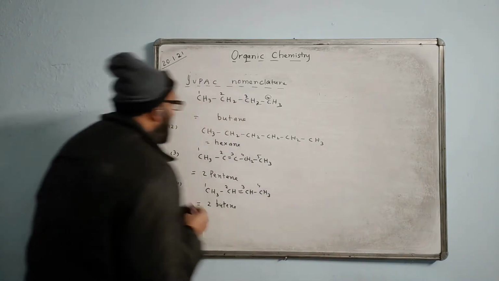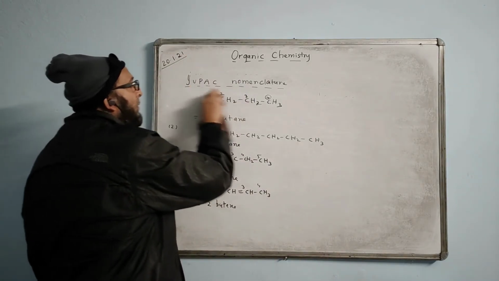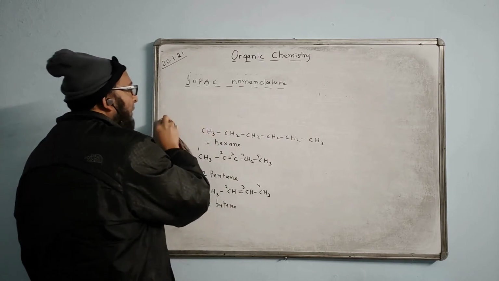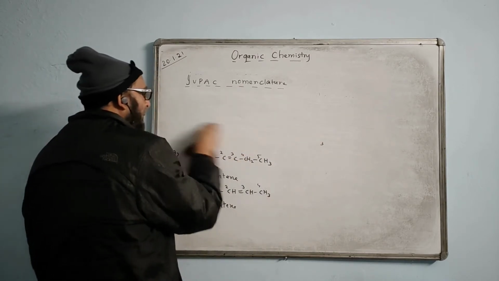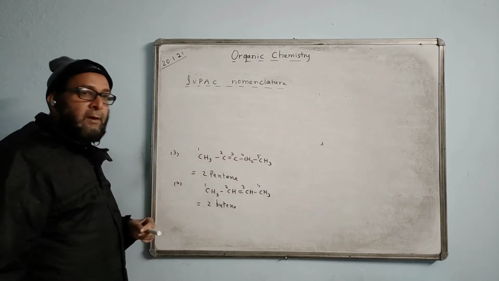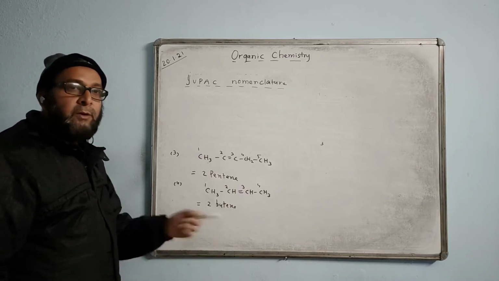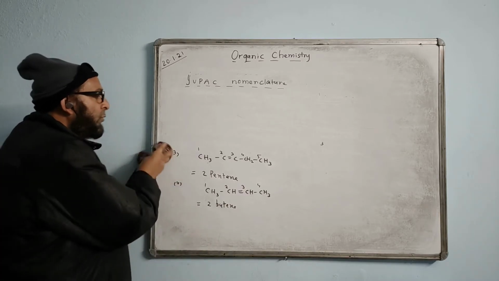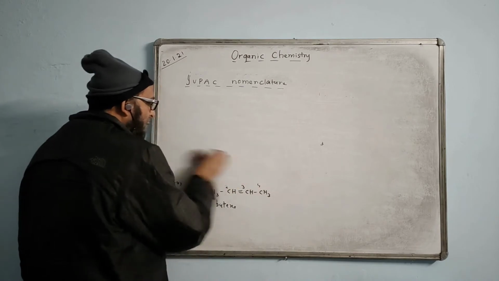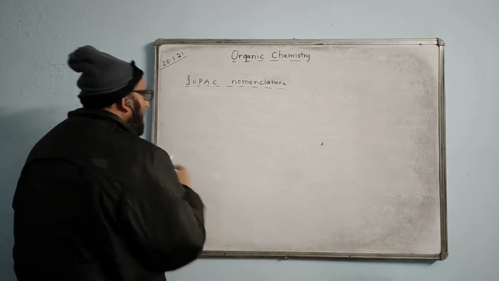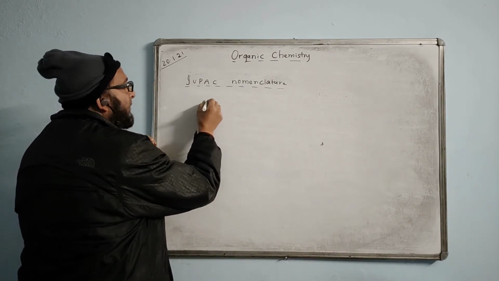Okay, I give one more. Just try it. Yeah, but-2-ene also you can write, but this is easier to write. 2 butene, just mention that. You can write but dash 2 dash ene, then also you can write.